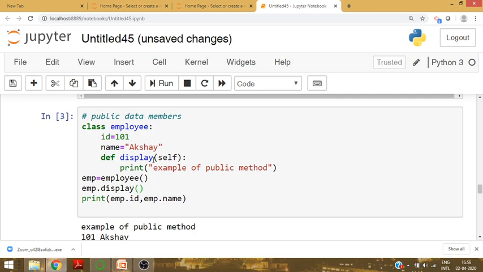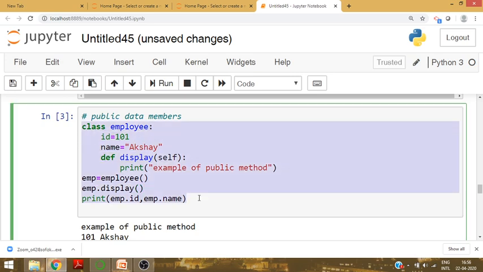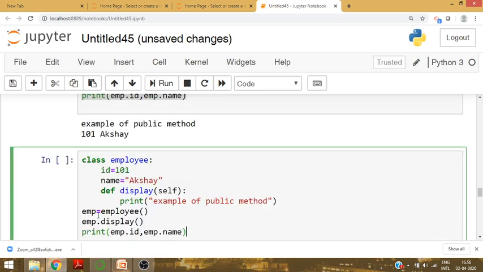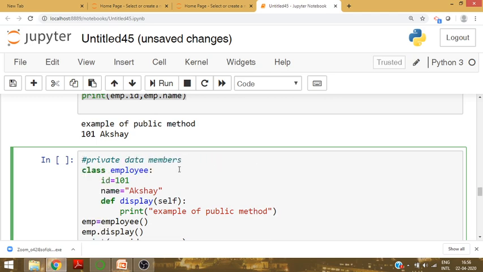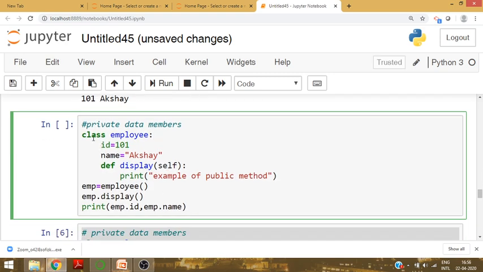Now we will see private data members. The same example written as private data members. The only difference is that the name of the class is employee by using the keyword class. Used here underscore. Double underscore indicates this is a private data member.